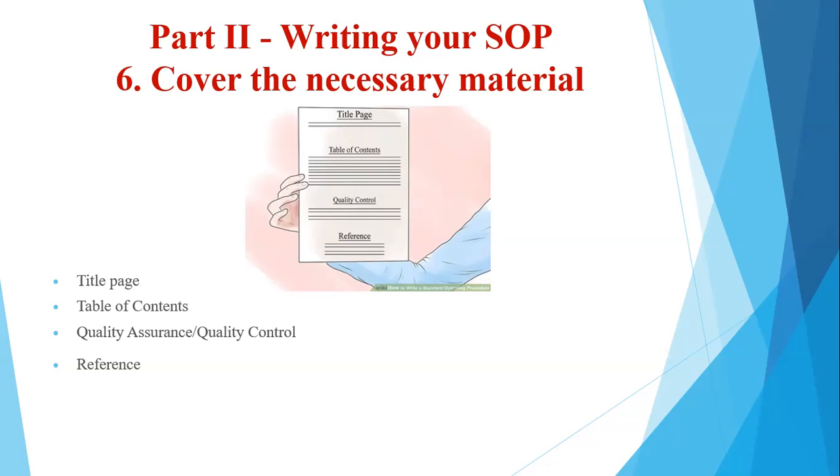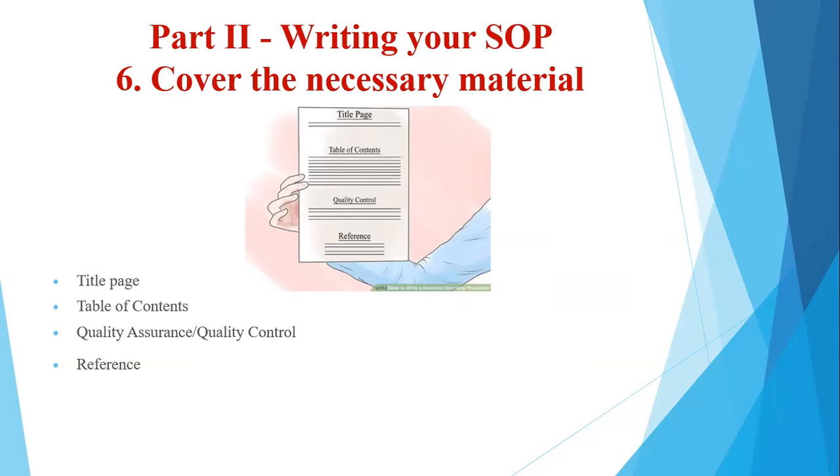Then we come to the table of contents. Now, the table of contents is just an index, okay, only necessary if your SOP is in a long format, allowing for ease of reference. So what has to be referred on what page number? A simple standard outline is what you would find over here, okay, with respect to the contents.